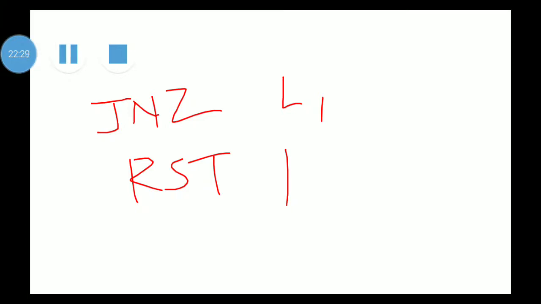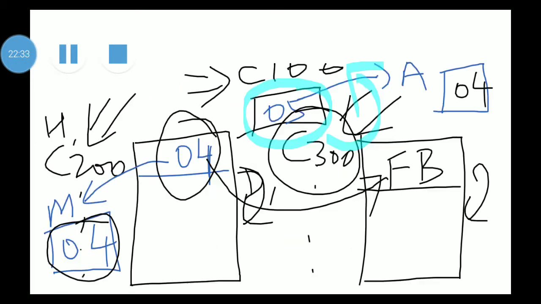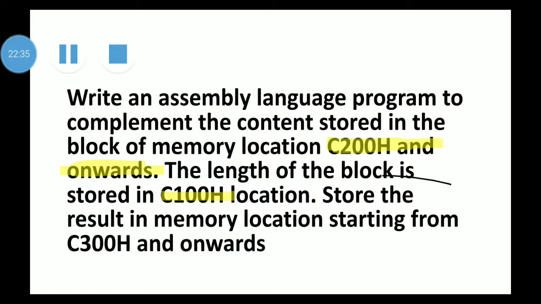Now let us take one flashback on this program. What was the aim? The aim is to complement the content stored in the block of memory locations C200H and onwards. Onwards means whatever locations come after C200.